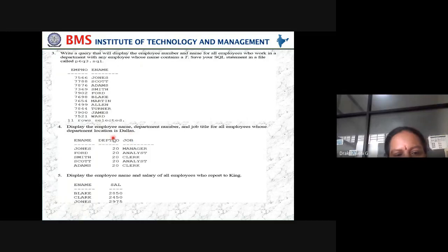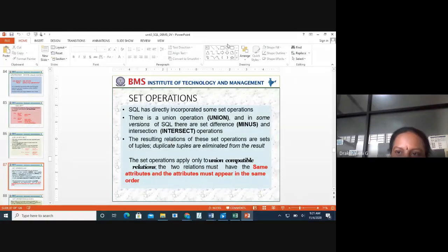Same way here, display the employee name, department number and job title of all the employees who are working in the location Dallas. Based on this location, we can write. In the same way, display the employee name and salary of the employees who report to King. So this ends your revision, and I'll stop here.